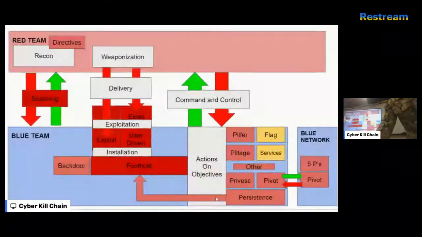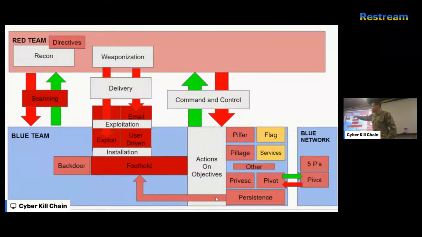The kill chain. Yeah. And this is basically one big diagram of the kill chain, right? So red team being hackers, the exploiters, blue team being the defenders. You can see all the actions that they take, and how it crosses over lines, right? So this middle portion is the big internet. This is our network, or what we're doing on our side. And then this would be the blue team's network, right?